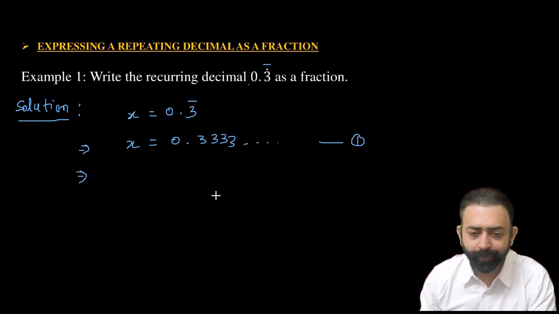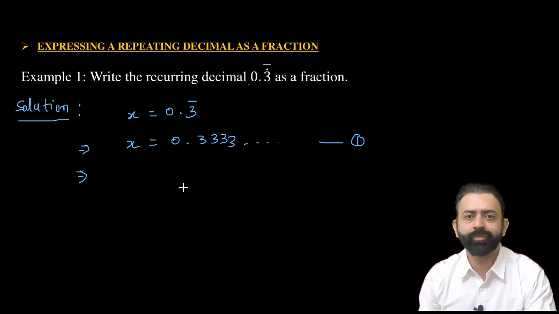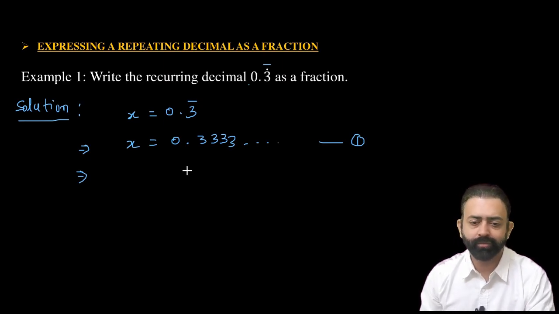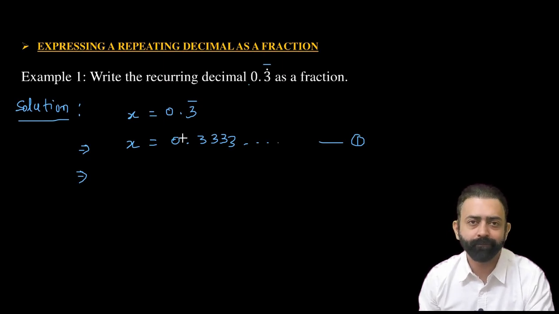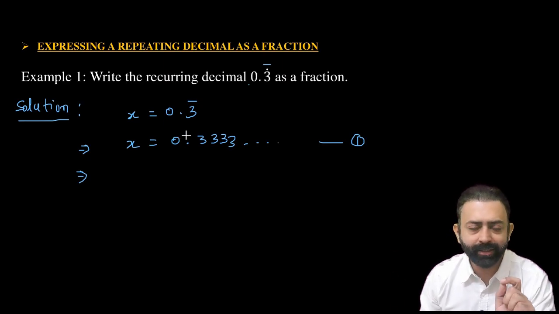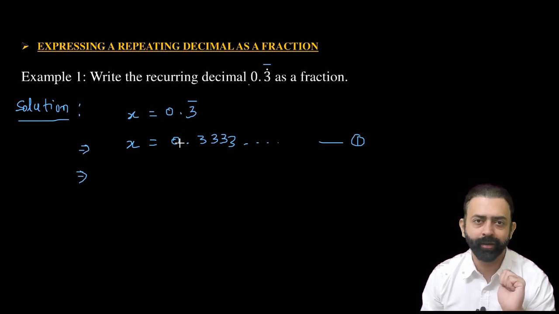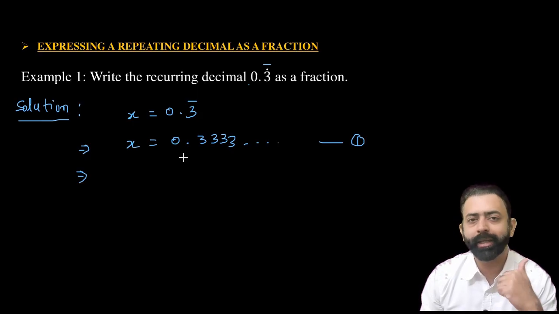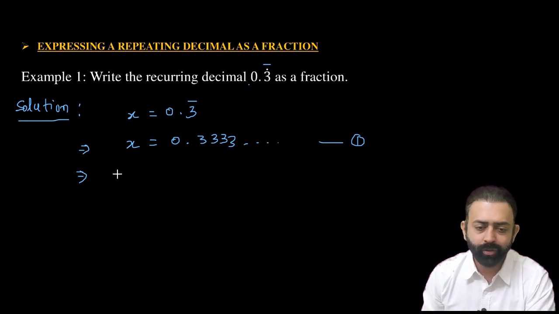Now, you will multiply this equation number 1 by those many multiples of 10, those many meaning the number of digits which are repeating. In this case, we have only a single digit which is repeating. So, we will multiply equation number 1 by only a single multiple of 10, which is just 10. Okay, so on multiplying